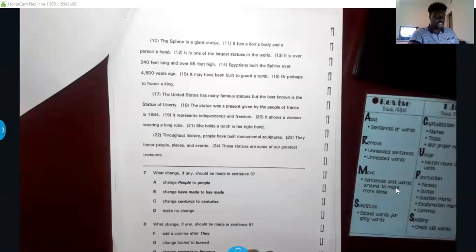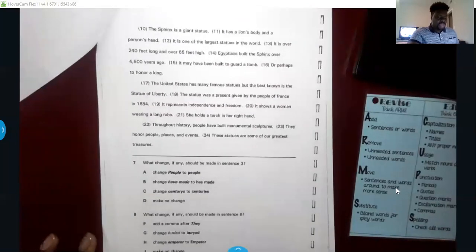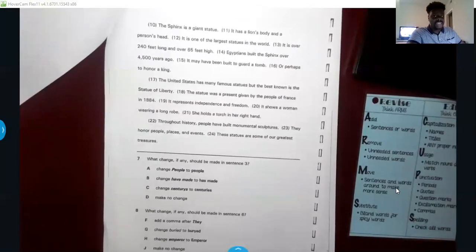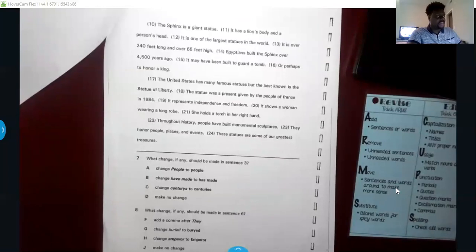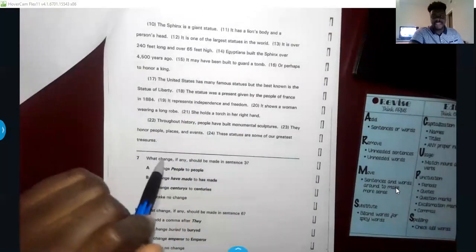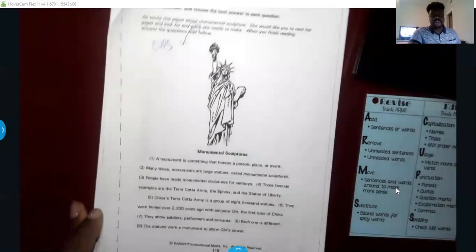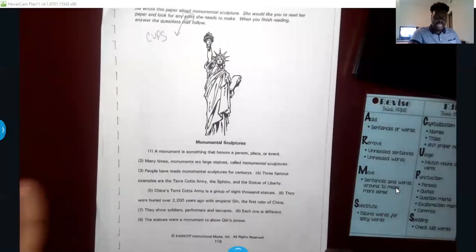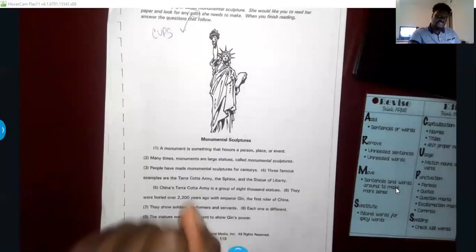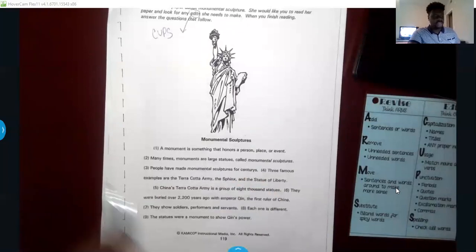Wonderful. Interesting read. So as I was reading, I saw a couple of things that I was like, ooh, these are some errors that are there. I didn't circle them because I don't want to give them away for you. But as always, when you're reading through any revising and editing passage, if you see errors, especially if it's an editing one, so you see a spelling error, you see punctuation missing, feel free to circle that while you're reading, because often that's going to be one of the questions that you're going to have to answer. So you're kind of helping yourself out.